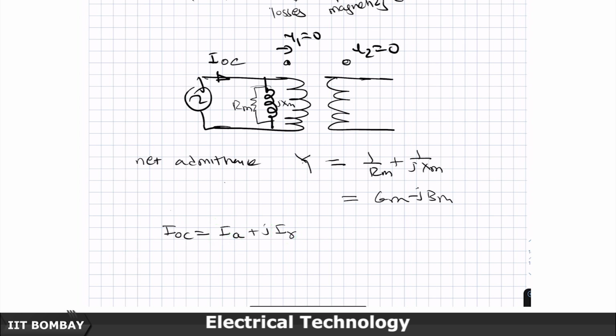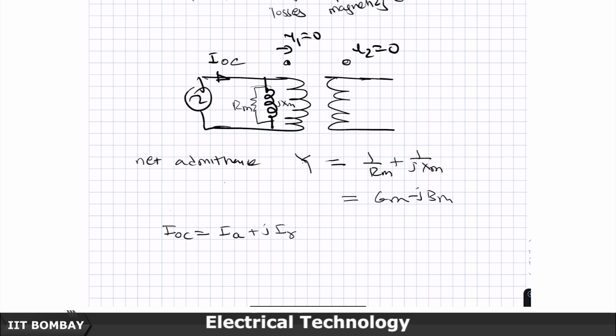For each of these we are trying to put an element, and so our open circuit current should be a superposition of these two currents. Therefore, the losses should be modeled by resistance,